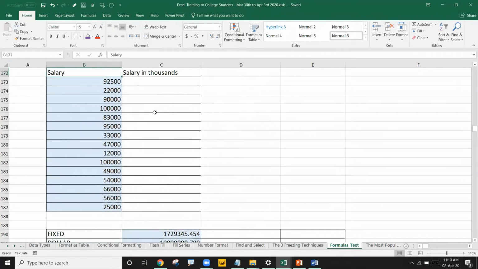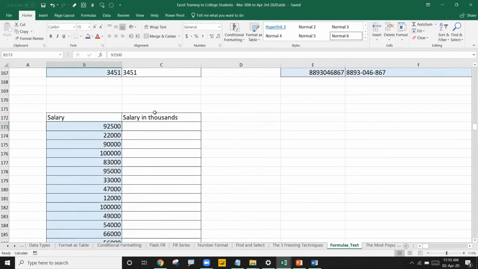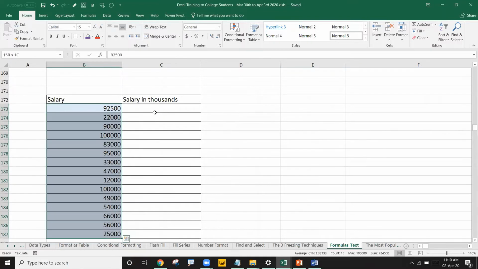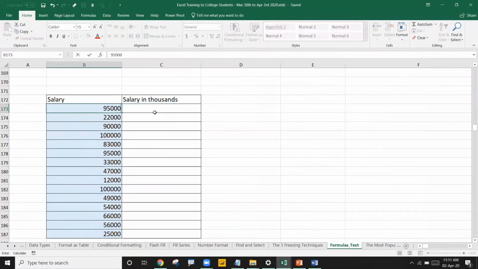One last requirement here. I have some salaries, and I want to show them in thousands. For example, if it is 95,000, I want to show it as 95K, 22K, 90K, 100K, and so on.